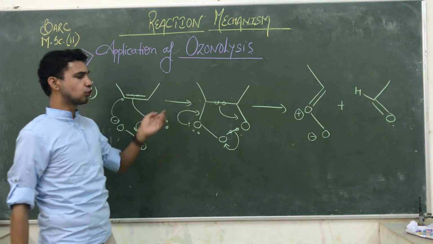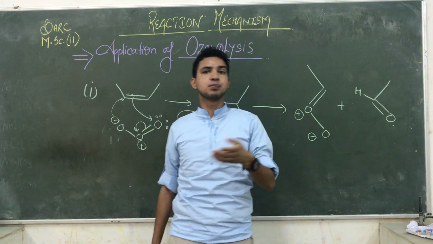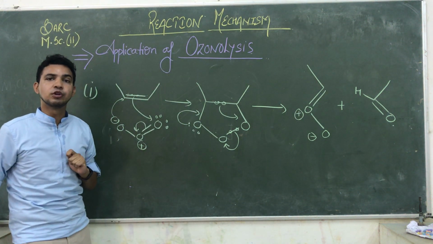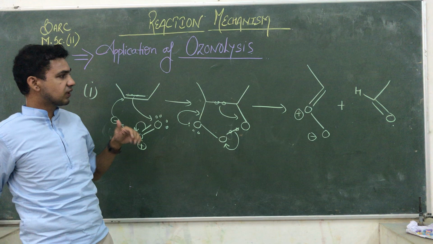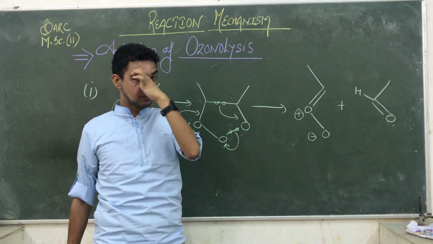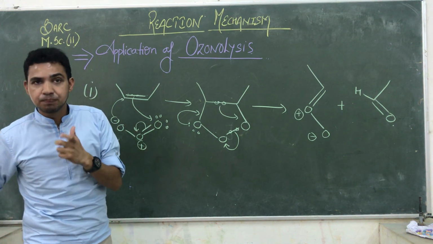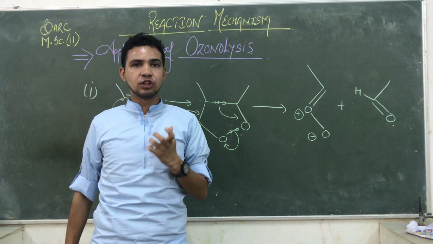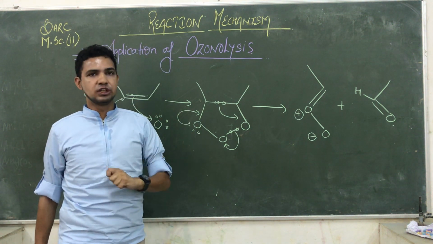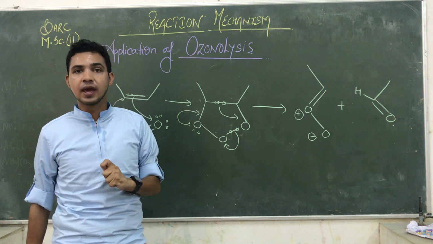But this reaction cannot stop here. It also proceeds in the forward direction because the main product is not formed yet. After that, the fragments combine with each other, and a 1,3-dipolar cycloaddition takes place here. It gives you the very important first product of this reaction, which is ozonoid. But ozonoid is highly explosive in nature. It again goes for cleavage and gives you a stable product, aldehyde.